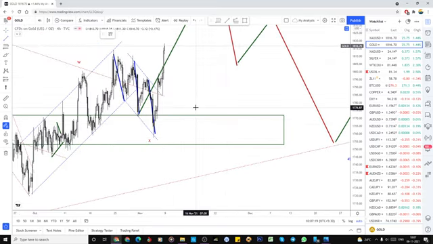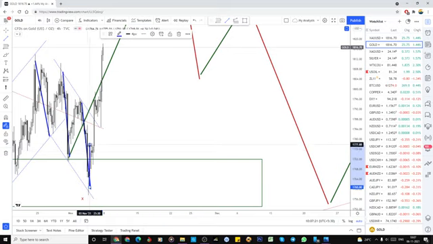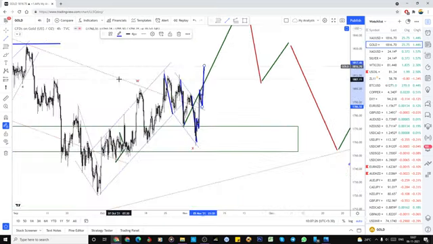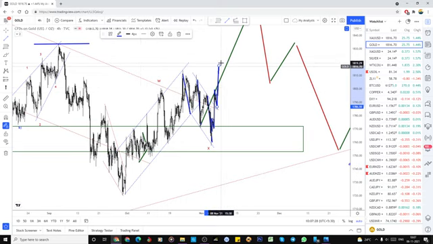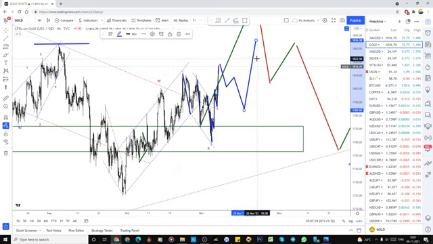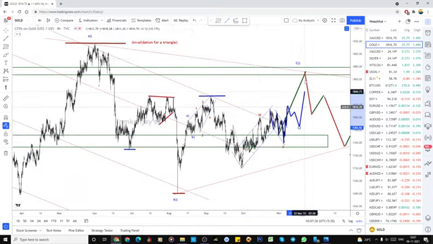Now it is in the 5-wave structure, 1 2 3 4 and 5. So this 5-wave structure has got completed. That is the A wave. So now I'm expecting the B wave. Once the B wave is completed, I'm expecting one wave to that 1872 zone,